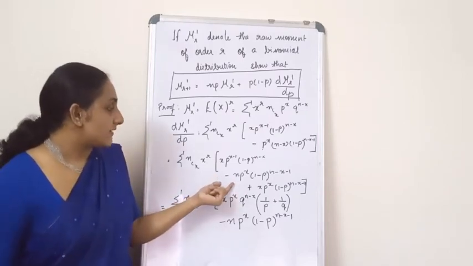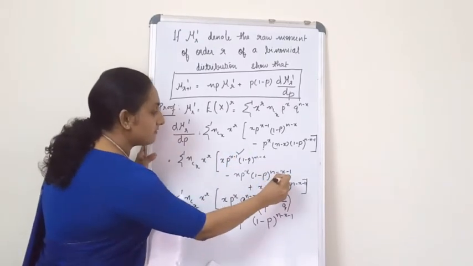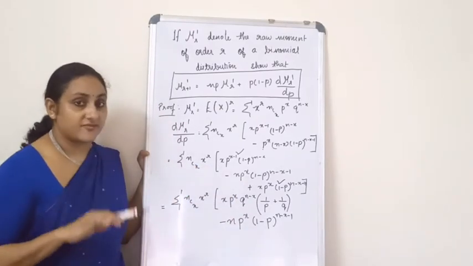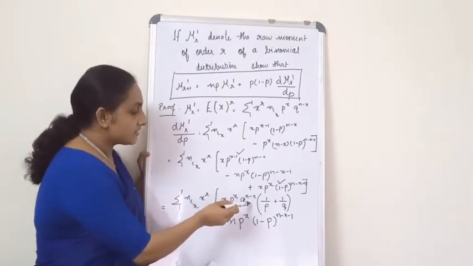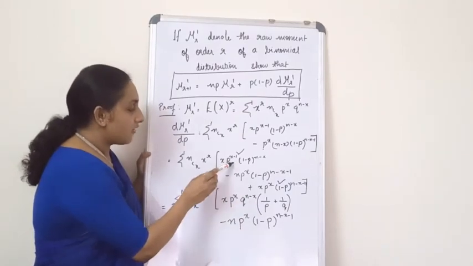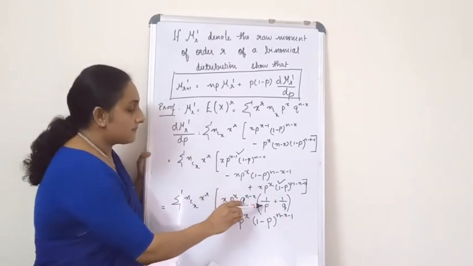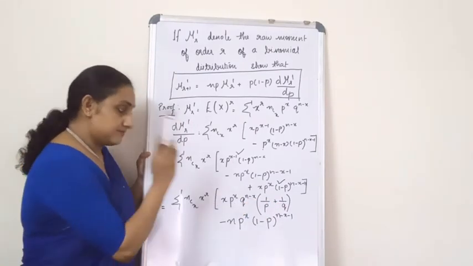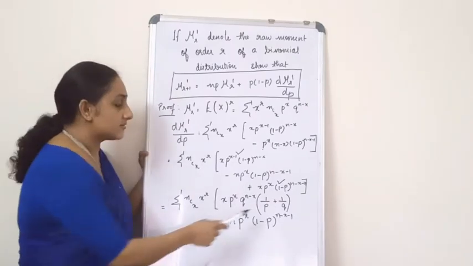So the next thing that you have to do is take common factors. You have to consider this term and take some common factors. That is the first and the third term, and you can take some common factors outside. So I'm going to take x outside, p raised to x and q raised to n minus x. So when I take these terms outside of the first and the third term, in the brackets I get 1 by p plus 1 by q. Now this is not magic. You have to go through this and then you will get it. Okay.